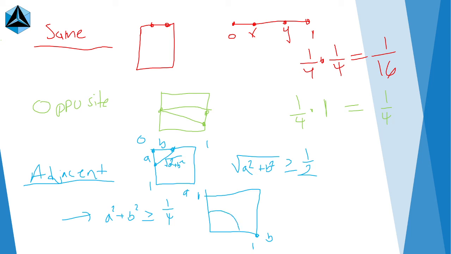And so this area right here, it's not going to be this area actually. It's going to be the area outside of this. Let me fix that. It's greater than or equal to 1/4, so it's outside the circle. And so this is going to be the successful area. And so this is going to be 1